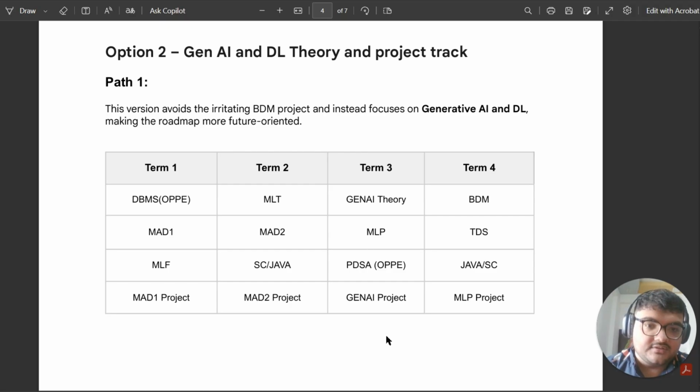PDSA and Gen AI project. Okay, so why did I keep Gen AI project here? Either you will have to take MLP project, or you will have to take Gen AI project. The suggestion is that if you are planning for the future, then you should take MLP project with the MLP subject. Otherwise, if you are watching this for the September term, then take Gen AI theory and project together, and have a one term backup, because MLP project is not that hard, but we don't know anything about Gen AI project,